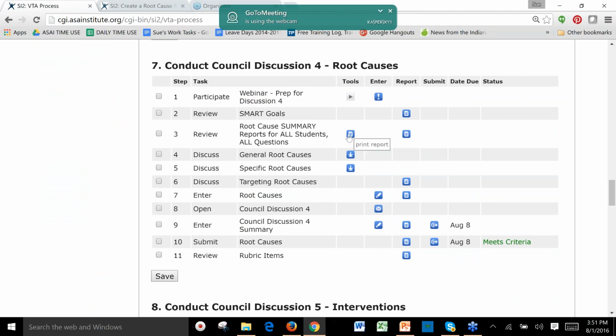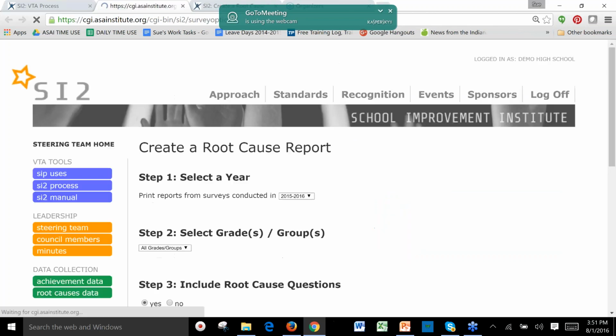And the other part here is this tool. If you open this up, that's the help sheet that you need. So remember, every time we put a tool in here, it's something that you need to complete the task. Then you're going to discuss the general root causes, and this is the Infograph. We're going to discuss specific root causes. This is just another link to the same Infograph. We're going to discuss targeting root causes. That will open up again the